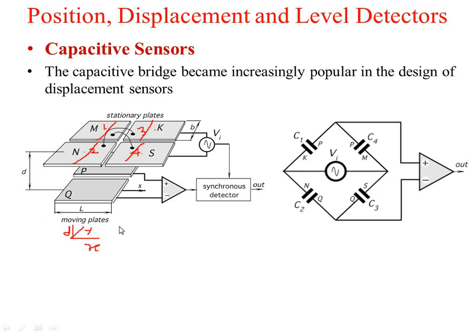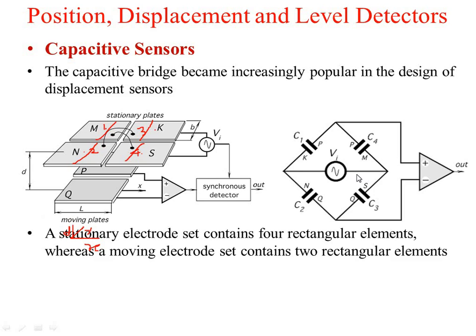So the values of capacitance C1, C2, C3 and C4 will be changed accordingly, because the area is changing, the displacement is changing, depending on what kind of displacement you are taking. If it is x, area will change. If it is x and y, area will change. If it is z, then the distance between the 2 plates will change. So this is going to change the parameters, and accordingly the bridge will get imbalanced, and whatever the imbalance will be, that imbalance will be directly proportional to the displacement. So this is the simple principle used in a capacitive sensor.